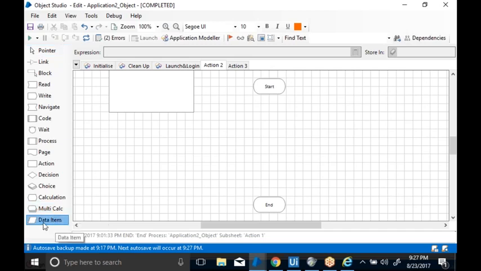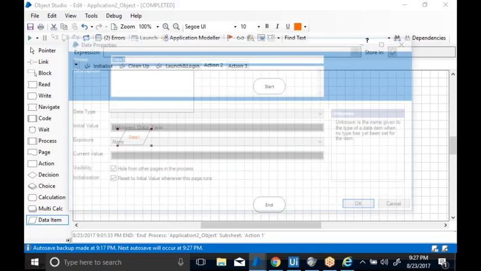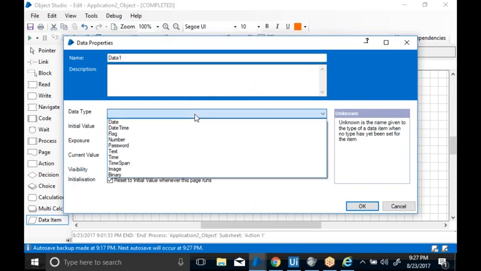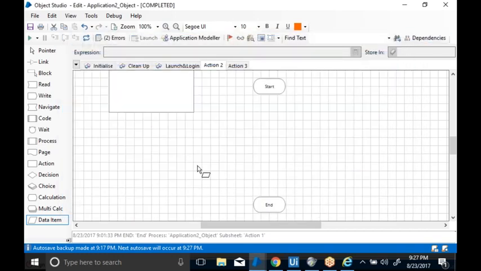And again, you have the data items. We have already seen that data items are like variables. If you want, you can write the types of data items: date, time, flag, number, password, text, time span, image, and binary.